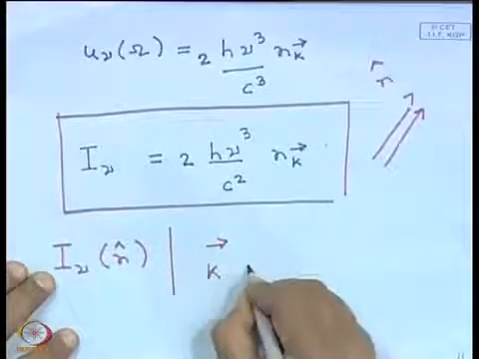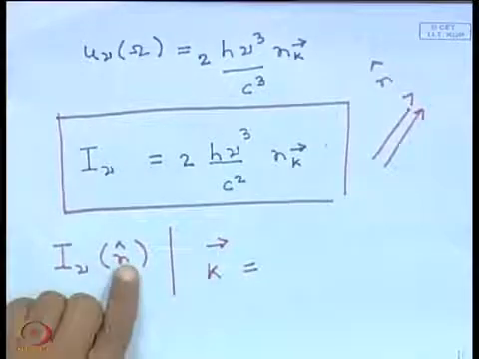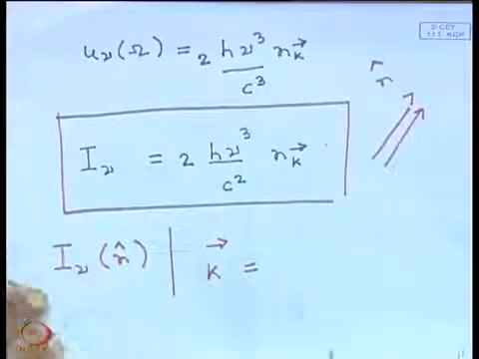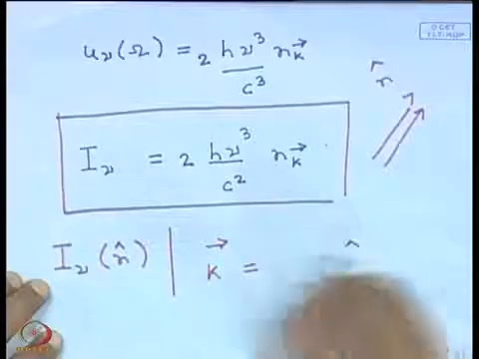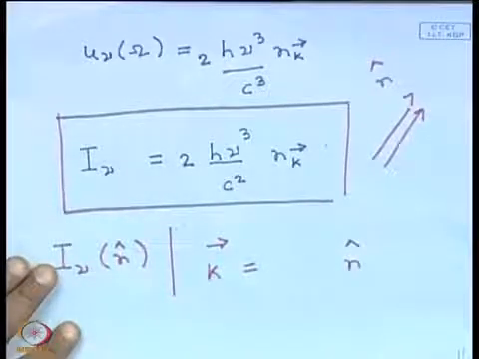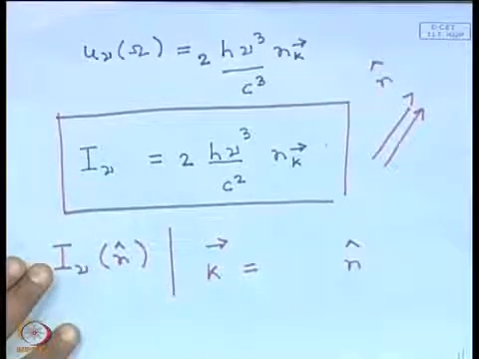So, the direction of this, it is obvious, is going to be the same as the unit vector n, that is the direction in which the ray is propagating, and the magnitude is going to be 2 pi omega, and omega we know is